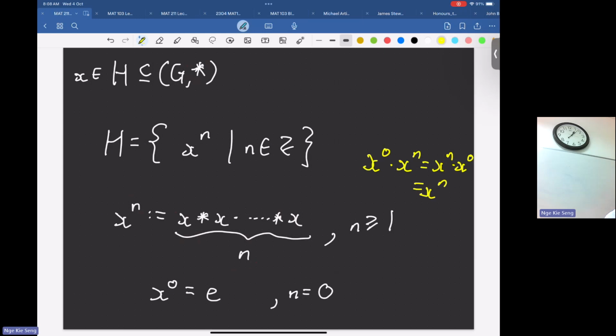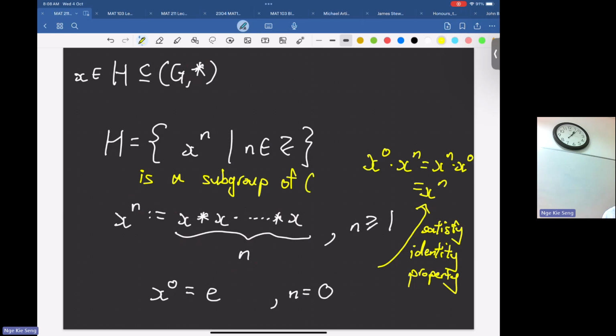It satisfies the identity property. This is when we check that H is a subgroup